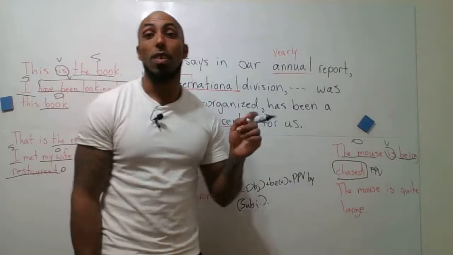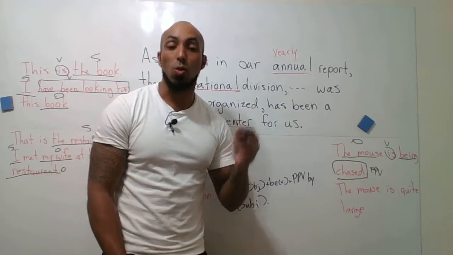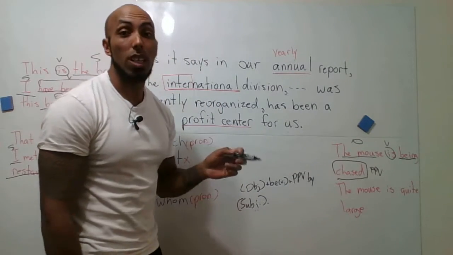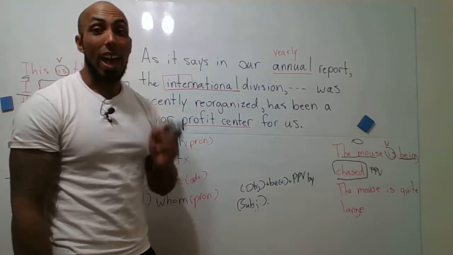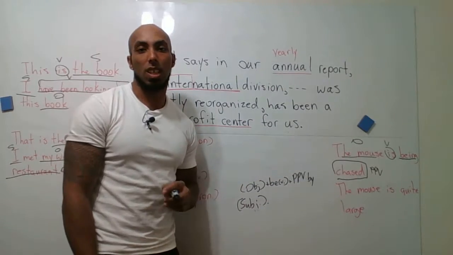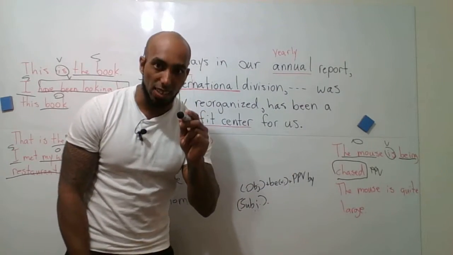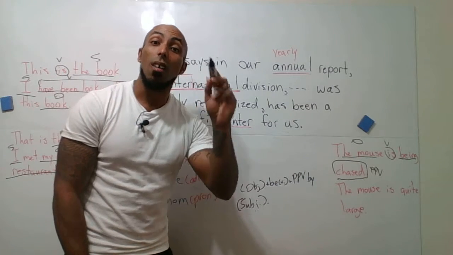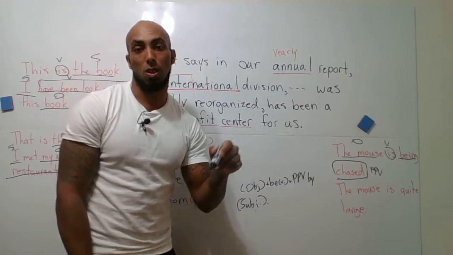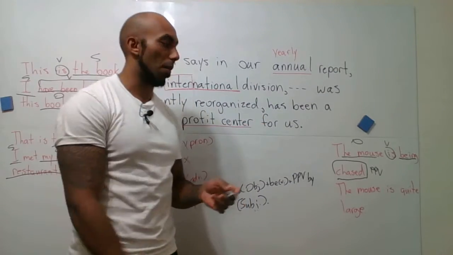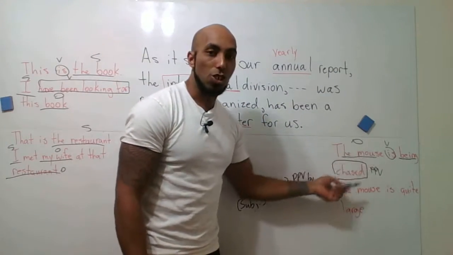So now we don't have a subject, which is why in this example we can use whom, okay? Because it's written in passive voice. So active voice for a sentence like this would be, the cat is chasing the mouse. That's active voice. We have a subject, a verb, and an object, just like we learned before. Passive voice is when we change those things around. Okay. Now, the mouse is being chased.